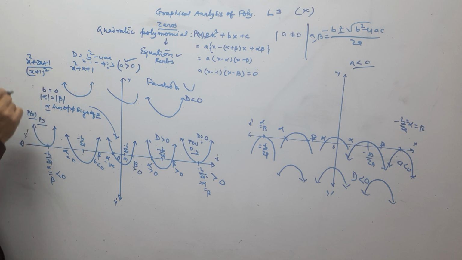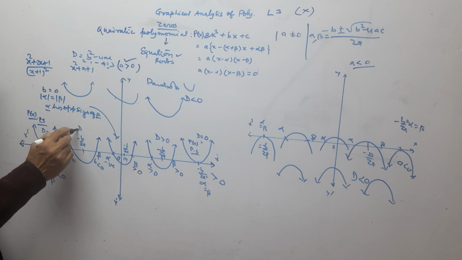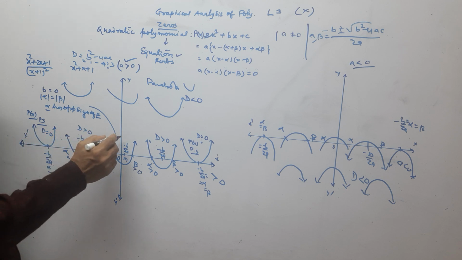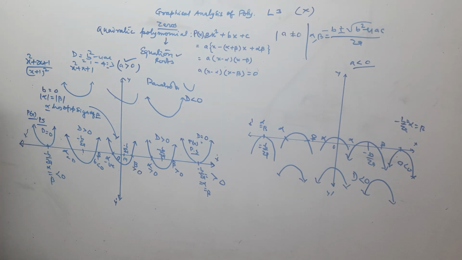So there will not be two zeros. One zero will be there, that is minus 1. So alpha is equal to beta, both less than 0, both equal. Minus b by 2a will be the middle point, and this is the same value. Because here D always will be 0. Now see,